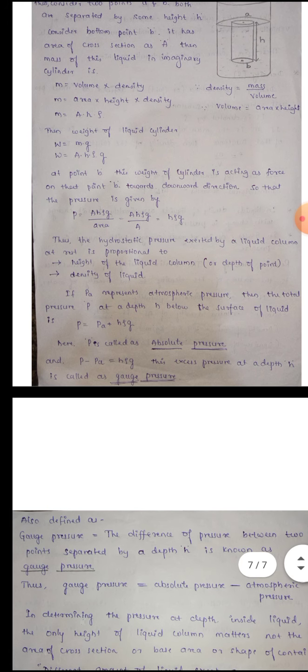And in this equation, we are considering PA as the atmospheric pressure. Atmospheric pressure means the pressure exerted by the atmosphere or the air. This PA represents the atmospheric pressure. Then the total pressure P at the depth H, the total pressure acting on this point B,